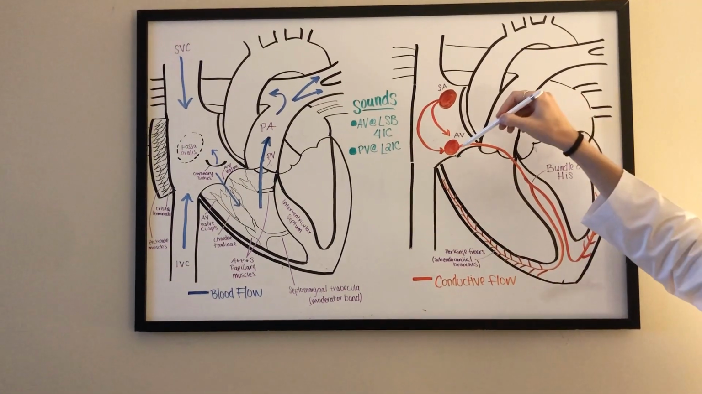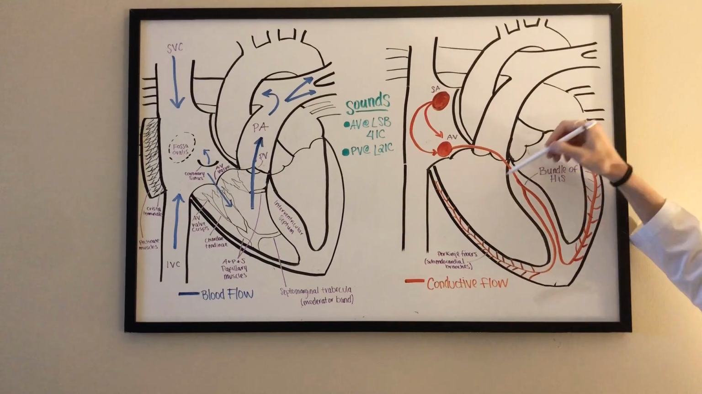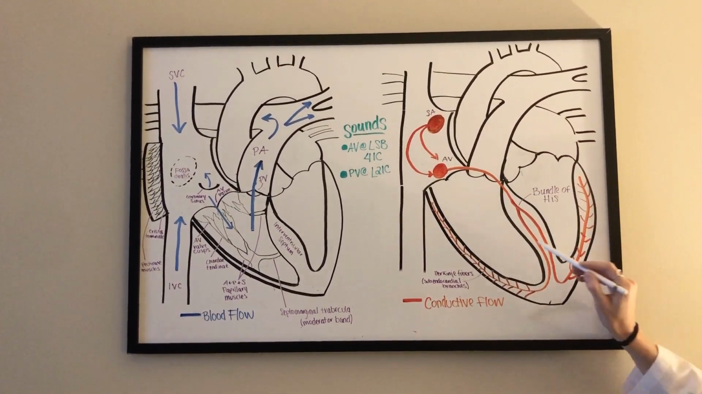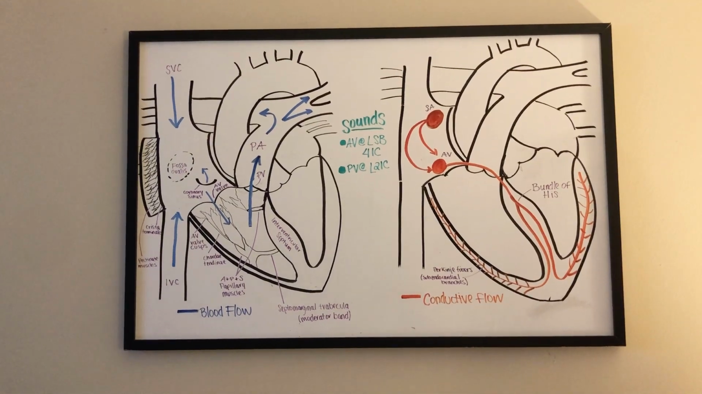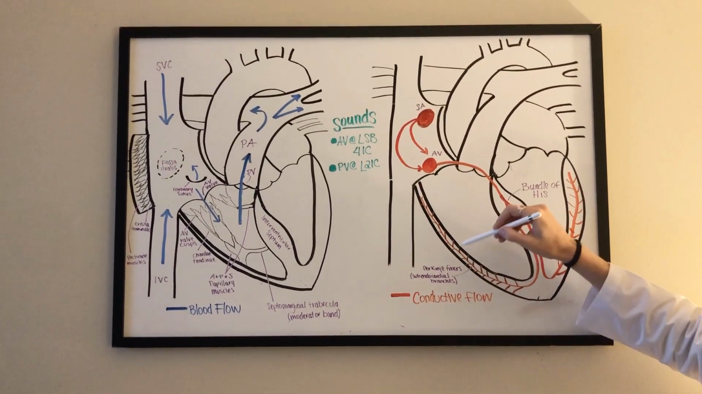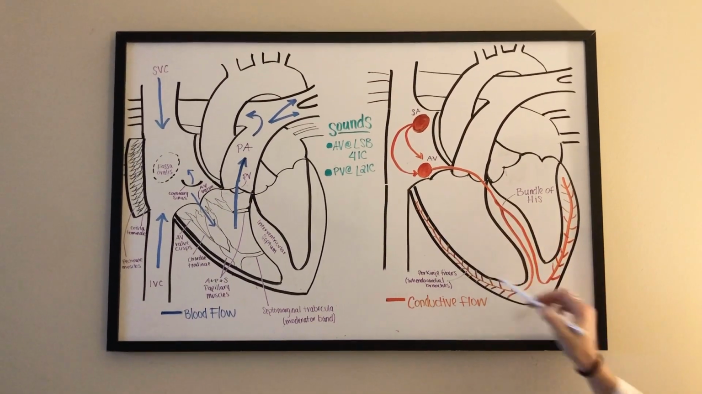The AV node then sends conduction onto the interventricular septum, which is known as the bundle of His. The bundle of His then separates into right and left bundles. Down at the apex, these bundles then split off further into subendocardial branches, which disperses this conduction further around the